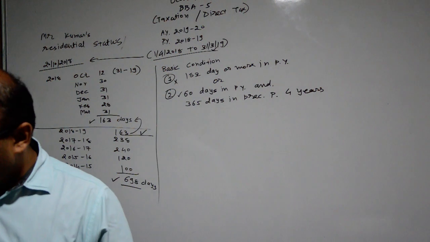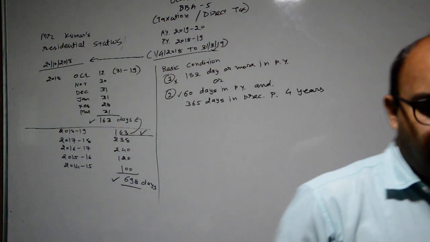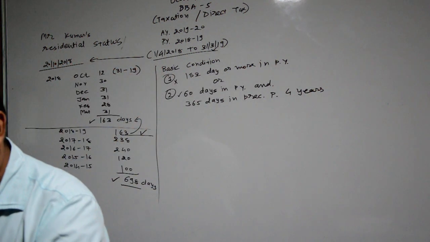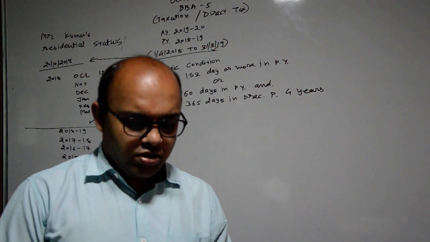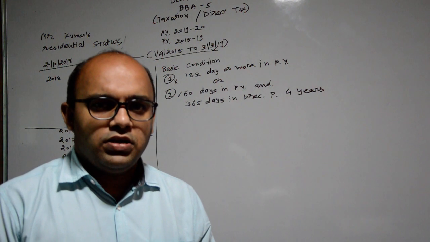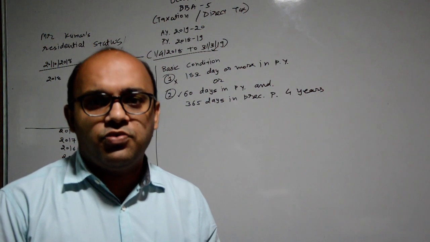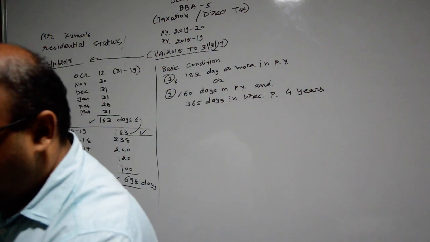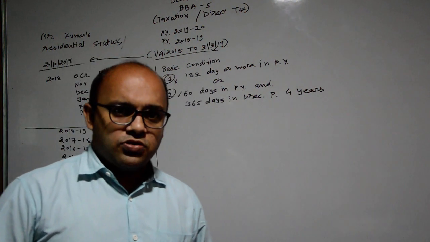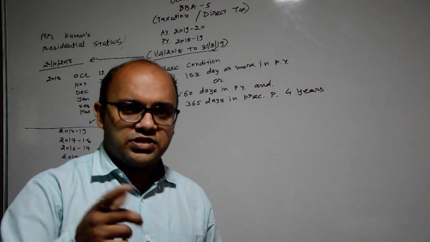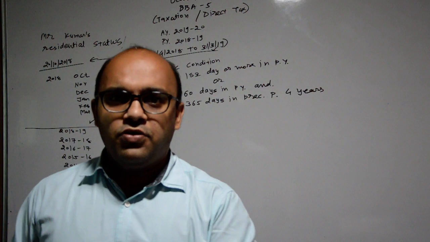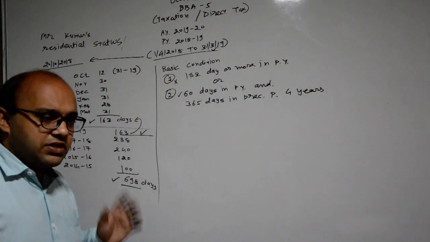I want to discuss with you one point. In our books the answer is given as non-resident, because in the book the author is not applying basic condition number 2. Please consider it: it is an error in the book, a calculation mistake. Please consider that in our book many times the author makes some mistakes, so please take this into consideration while I am sending you the PDF. We have to apply our second basic condition, which they did not apply in the book.